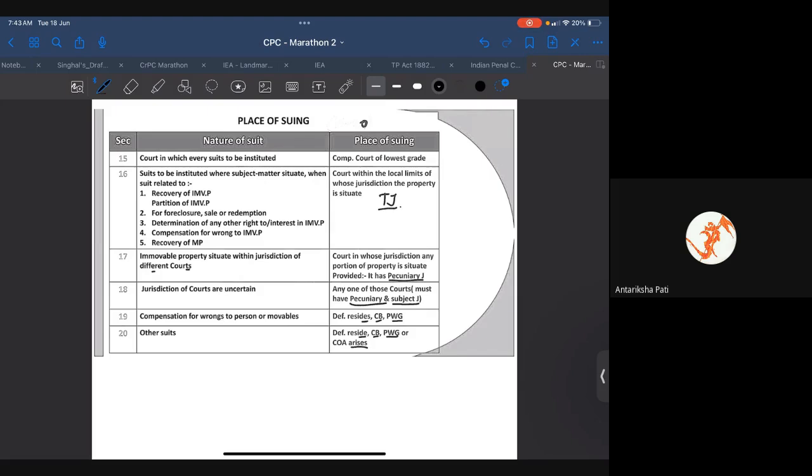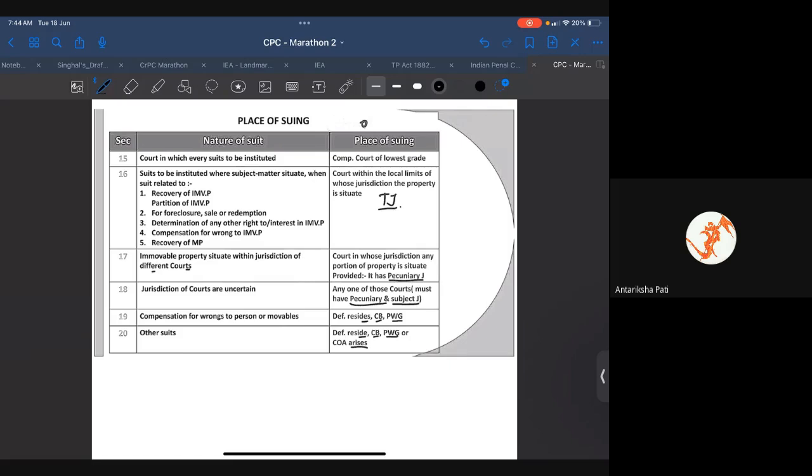Now, if jurisdiction of the courts is uncertain, then in that case, any one of those courts. Okay, if it's not certain in which court it can be filed, then it can be filed in any one of the courts. Now, if there is compensation for wrong to person or movable, then where the defendant resides or carries on business or personally works for gain, these are the three places where the suit can be